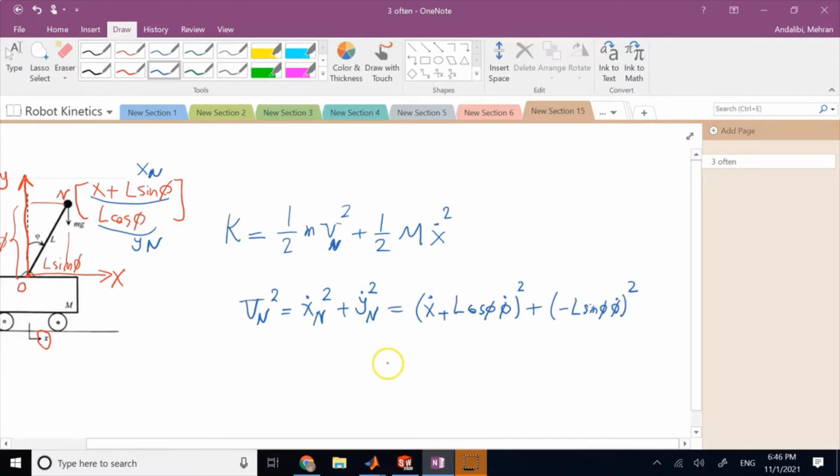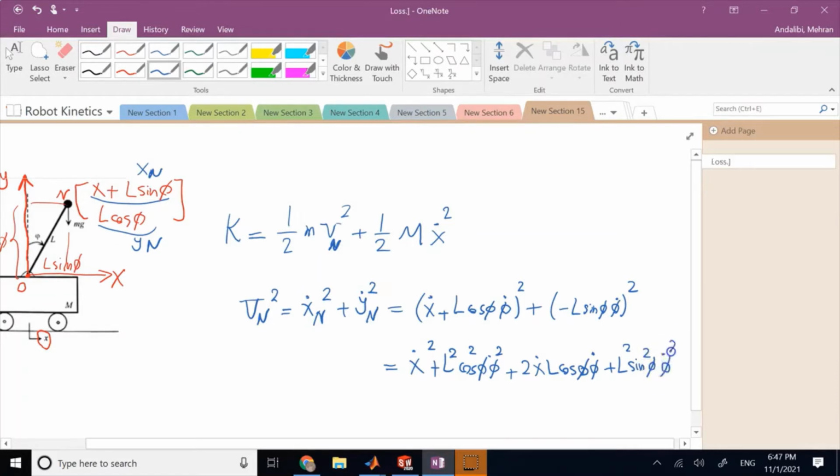And if you square this, it's going to be x dot squared plus L squared cosine squared of phi times phi dot squared, and then plus 2 x dot L cosine phi times phi dot. Then this guy is going to be L squared sine squared of phi